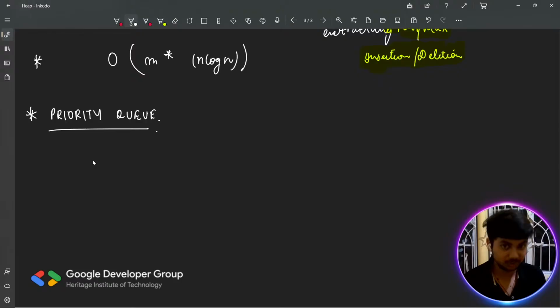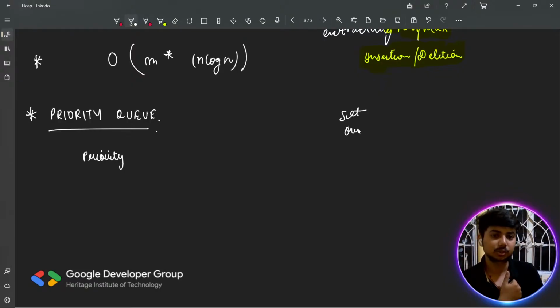यूजिंग सी प्लस प्लस एस टी एल। अभी सी प्लस प्लस के एस टी एल में प्रायोरिटी क्यू कैसे हम लोग डिफाइन करते हैं? जैसे हम लोगों ने सेट पढ़ा, क्यूज पढ़ा, स्टैक पढ़ा, पेयर पढ़ा, मैप पढ़ा, वेक्टर पढ़ा, बहुत कुछ पढ़ा।